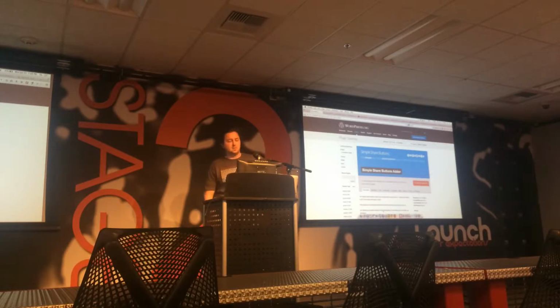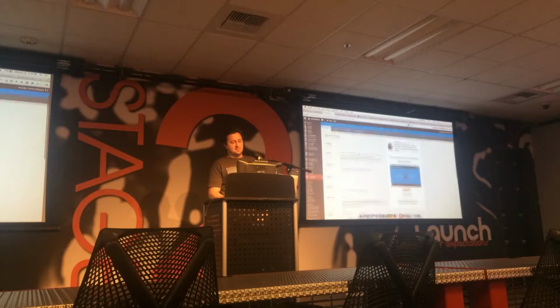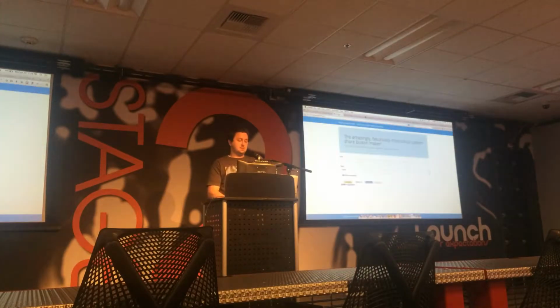They're pretty straightforward. So to start off, you want to make it easy for people to share your content. And the only way to do that is to have the little social share buttons on your website. So this is a plugin, super simple, easy to configure. The reason I like this one is that it gives you a slightly more unique experience as far as the like buttons go. You've all seen the square Facebook like, the square Twitter button, all those. Well, this gives you a few options beyond those.